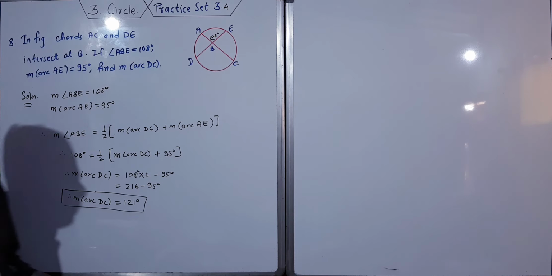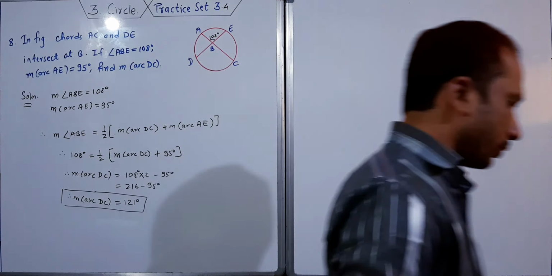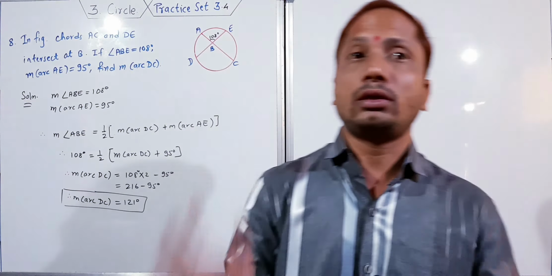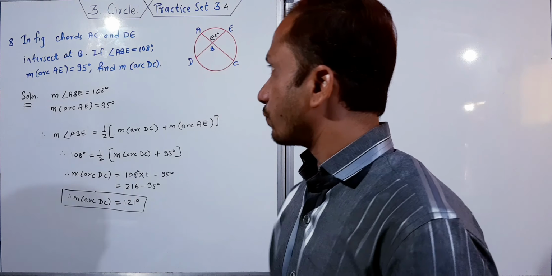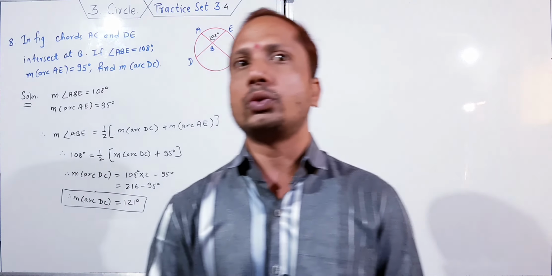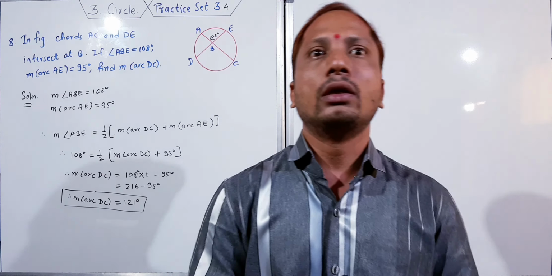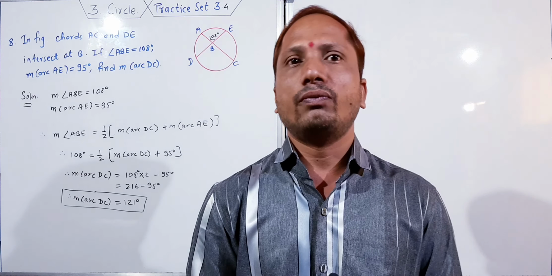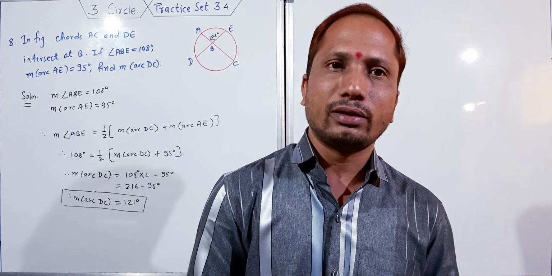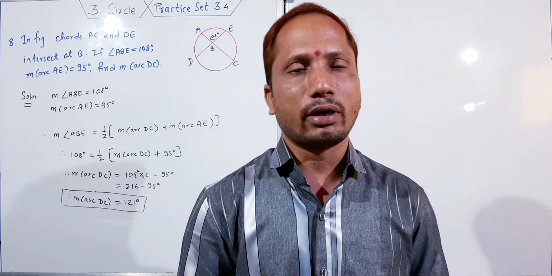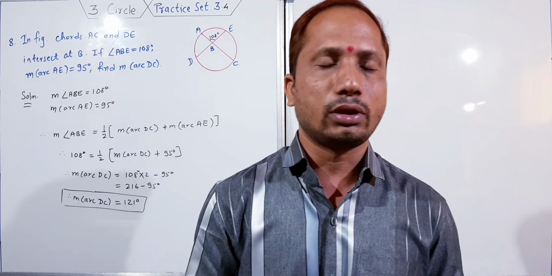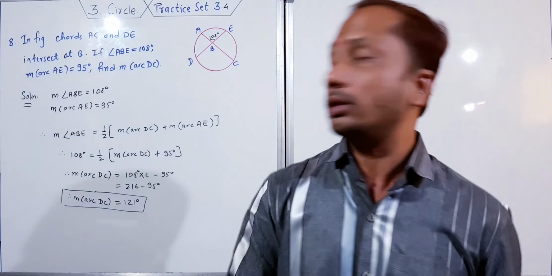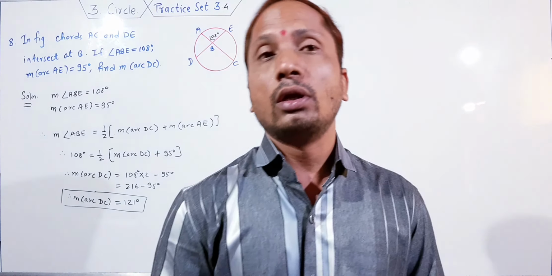So here I think this is the correct solution, but I need to check it. Here this practice set is completed. Which practice set? 3.4 is completed. This is the last question, and for this purpose you have to go through all the properties related to different theorems, the theorems of chords, then secants, tangents, segments and lines. See carefully and go through all these properties of the circle lesson, and then you can easily solve such types of problems.